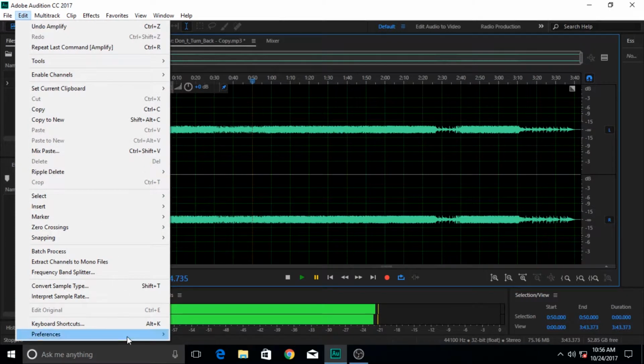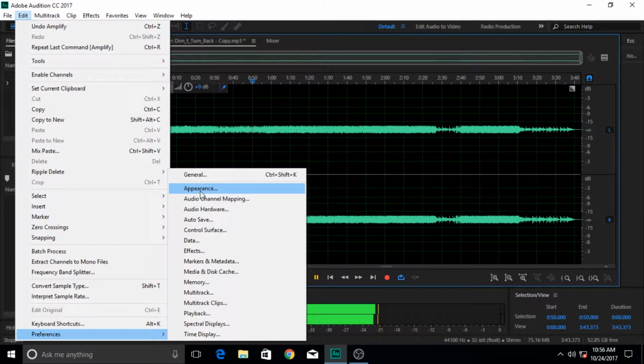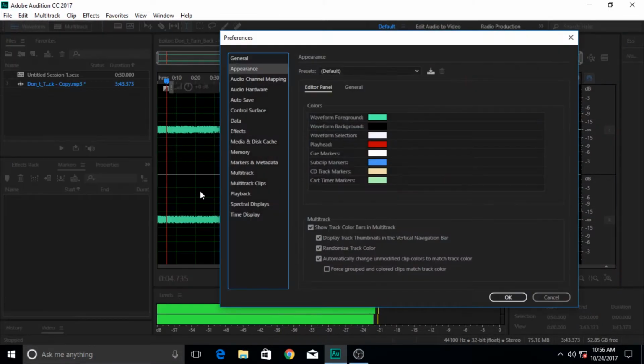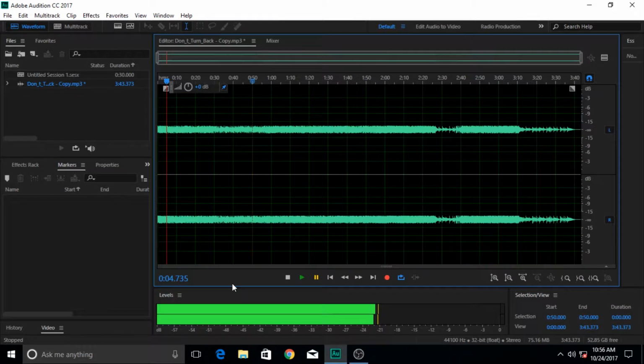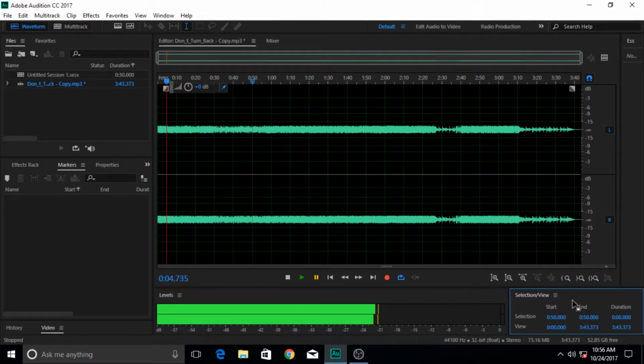Of course, you can change many things by going to preferences and then appearance, including settings, colors and the look of your Adobe Audition. But it has this blue line in my version, which lets me know which panel I am currently working on, and which panel is currently active.